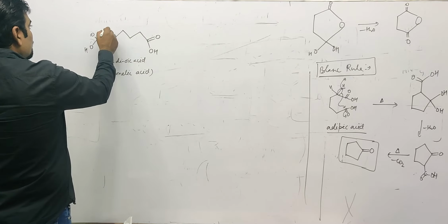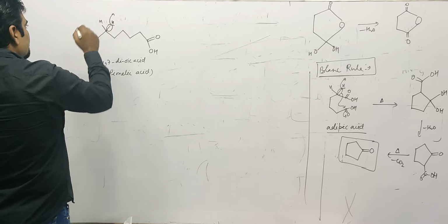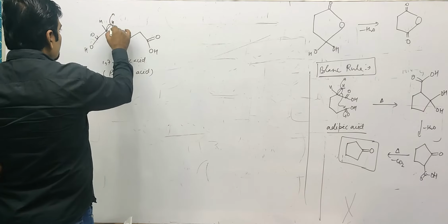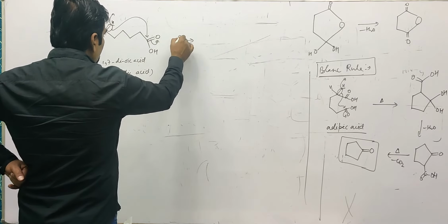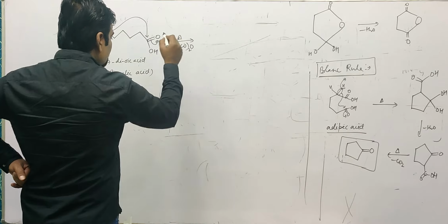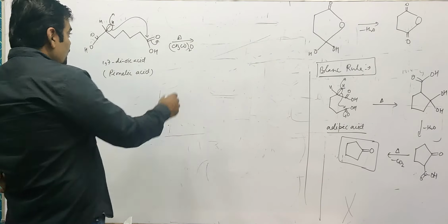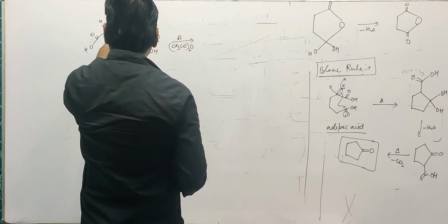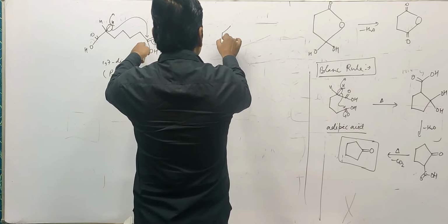So what will happen? Over here there are 2 alpha hydrogens. This is being eliminated and this will become minus. This minus approaches this carbon, and this bond is getting transferred. So upon heating, and this reaction can be catalyzed by the presence of anhydride. However, this reaction may take place even in absence of anhydride upon heating itself. So what will happen? This carbon is attached with this, forming a 6-membered ring.